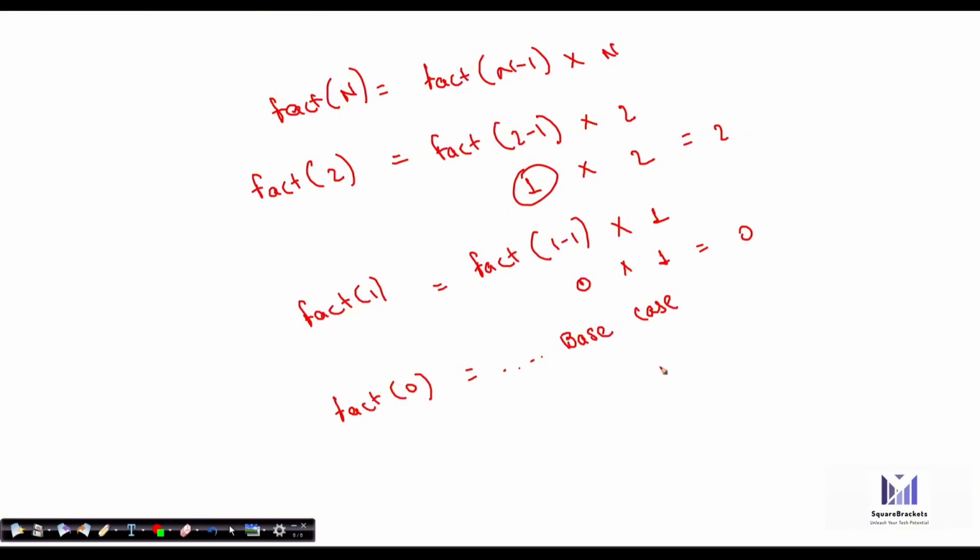So basically now we can see, if we try to find out the factorial of a number, we just have to break down the problem like this. All right. So we just need to put the termination condition when fact 0 is arrived, and till the number is positive, we are just going to calculate only for the positive numbers. So this is very simple now. So if you have to find out the factorial of 2, this is what you have to do in each call.